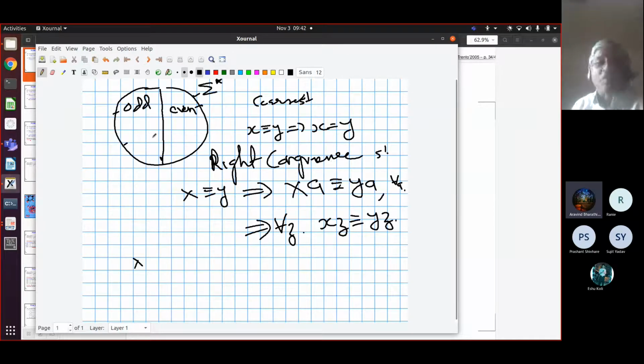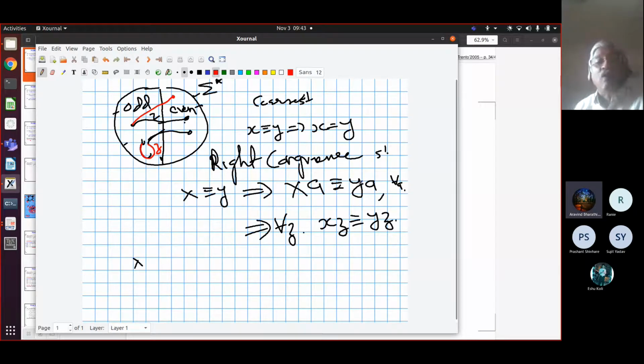So the congruence property says that if you take any two equivalent words and extend them with a common string, you should go to the same class. Not necessarily the same word, but the same class. So this will take you here and this will take you here. What is not allowed is that you extend this with some z and remain here, but you extend that with z and go into this other class. So you go to different classes on extension with the same string. That is called right congruence, right?